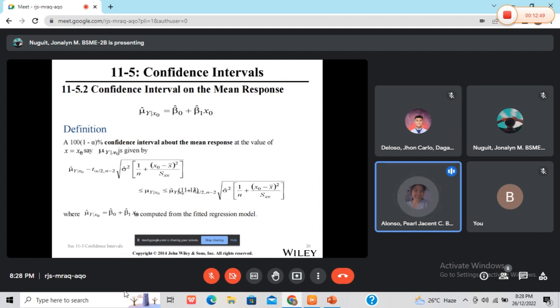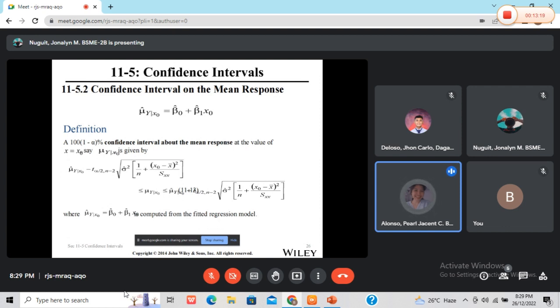So let's say mu sub y given x sub 0 is greater than or equal to mu hat sub y given x sub 0 minus t sub alpha over 2, where n minus 2, square root of sigma squared multiplied by 1 over n plus the quantity x sub 0 minus the mean of the x values raised to the power of 2 over s sub xx,